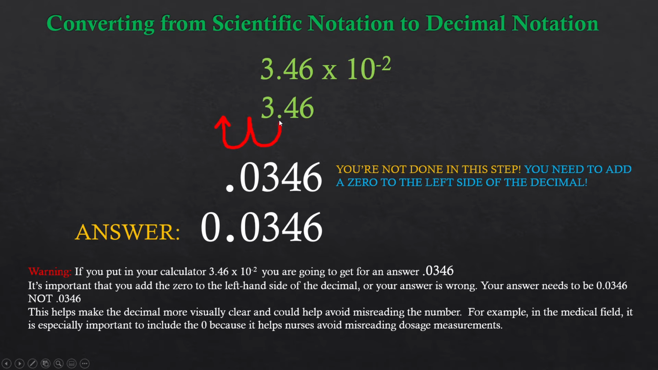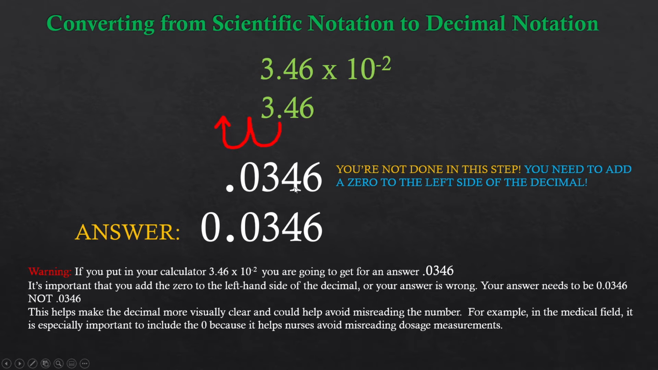So here we go. 1, 2. We're moving it 2 times. Where you see the wave, you're going to add a 0. Where you see the arrow, you're going to add a decimal. So this is what we have so far. If you put in your calculator 3.46 times 10 to the power negative 2, you're going to get for an answer